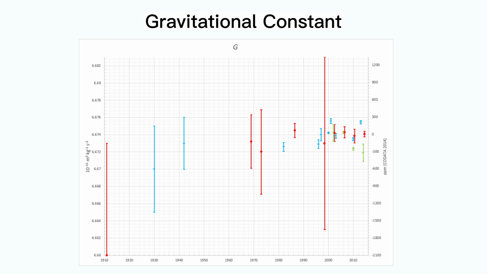Despite numerous experiments over the years, the value of G remains one of the most uncertain fundamental constants of nature. This uncertainty is due to the difficulty of accurately measuring the tiny gravitational forces involved. In recent years, efforts have been made to improve the accuracy of G measurements using new techniques such as atom